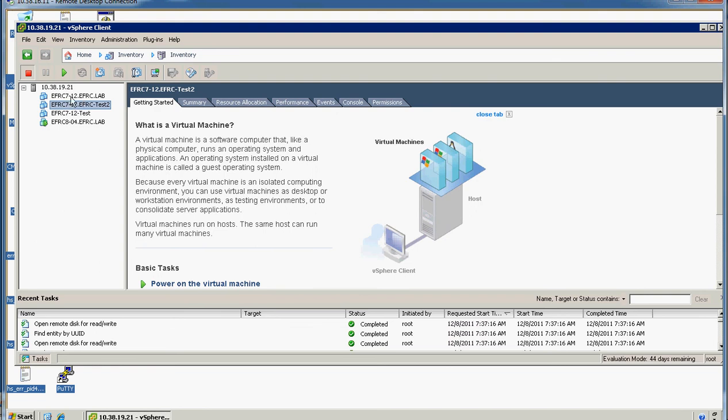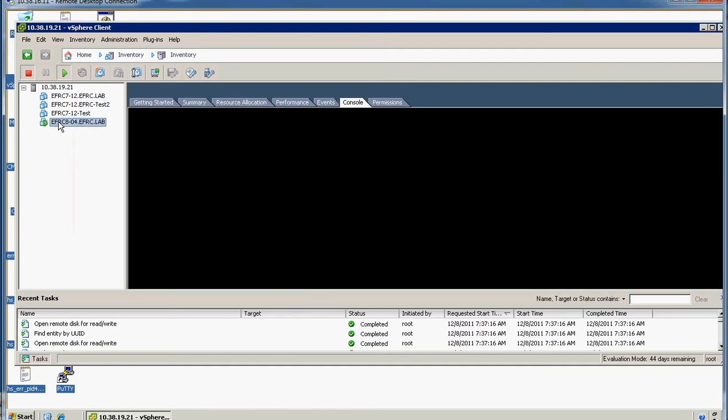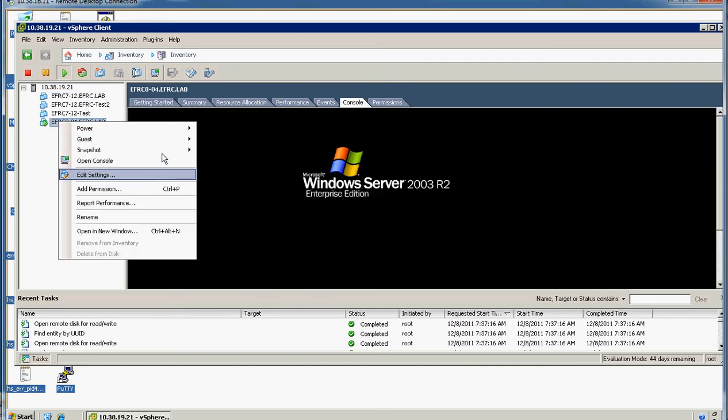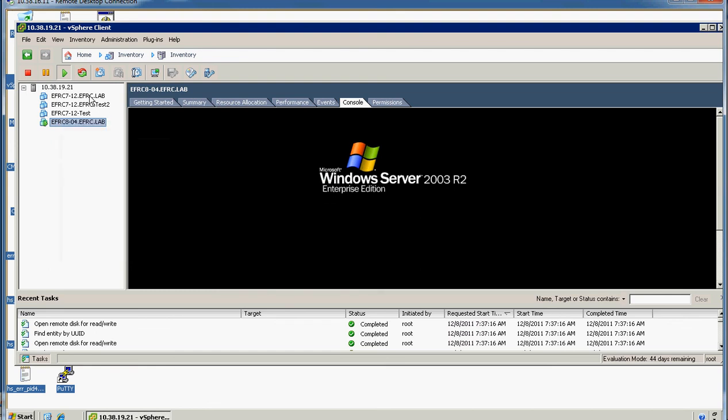The first thing you would do is install the VMware Tools. It can be installed only when the VM is on. So this is another VM, and you see an option for install upgrade VMware Tools. So please install the VMware Tools once you power on the VM,